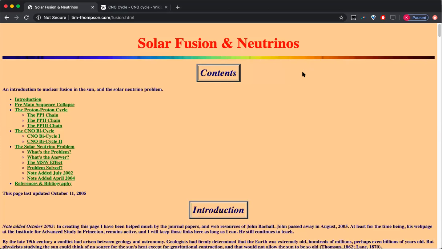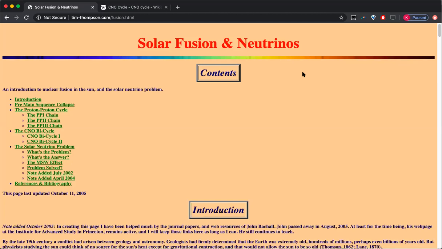We're going to be exploring the difference between the PP chain and the CNO cycle. I'll also try to make this a review session by throwing in some random information that isn't necessarily being asked in the question. But remember that these are both methods of hydrogen into helium fusion that is going on in main sequence stars. The PP chain is done in intermediate to low mass stars, so about 1.2 solar masses and below. Those stars are dominated by the PP chain, and then for stars that are about 1.2 solar masses and above,